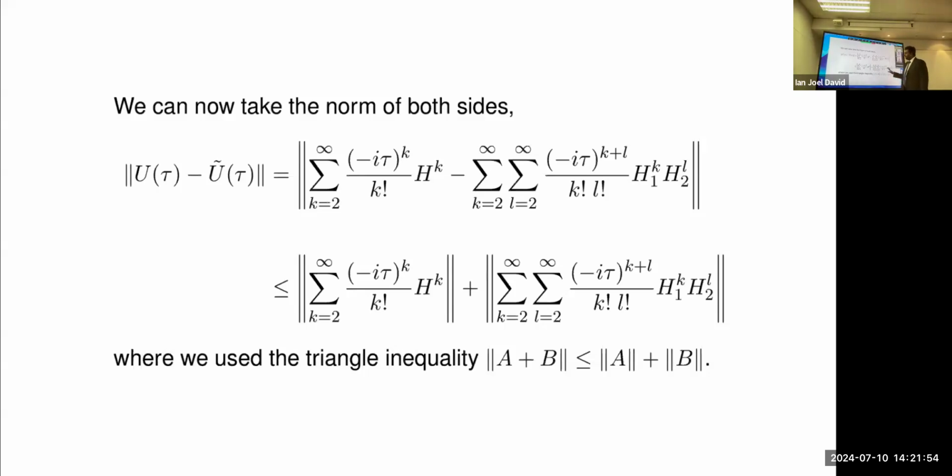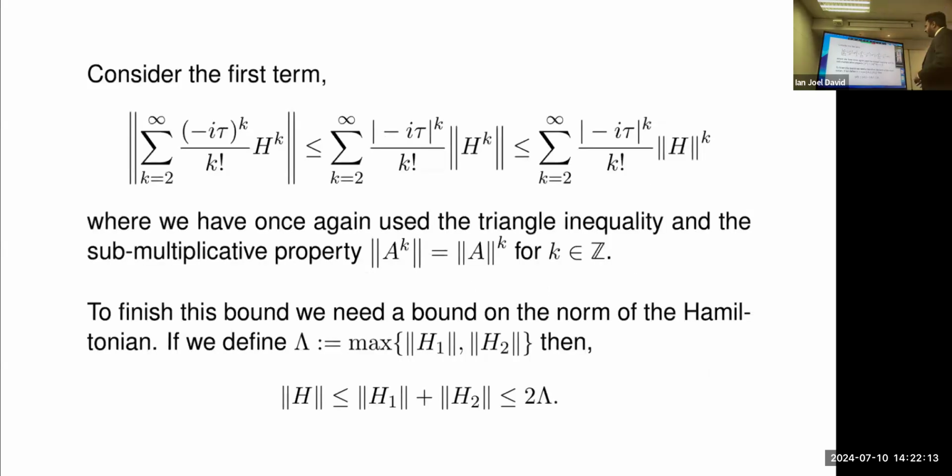Okay, so far we've not done anything complicated, we've just applied the triangle inequality. It looks complicated because there's a lot of sums and a lot of indices and a lot of operators, but it's not bad. It's not crazy at all. So let's go individually and look at the terms. Okay. So if I look at the first term that's present here, this is the norm that we need to